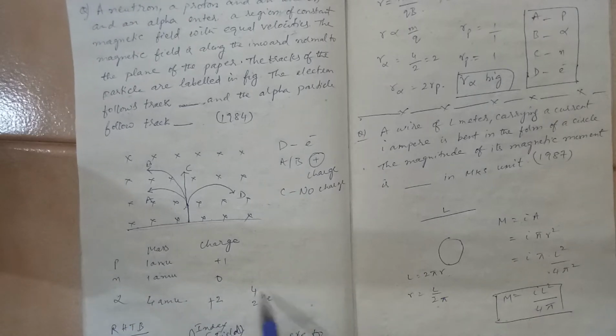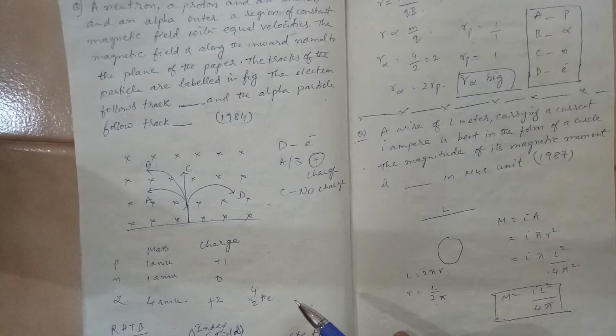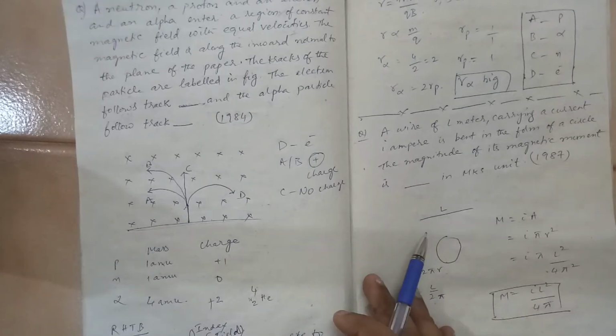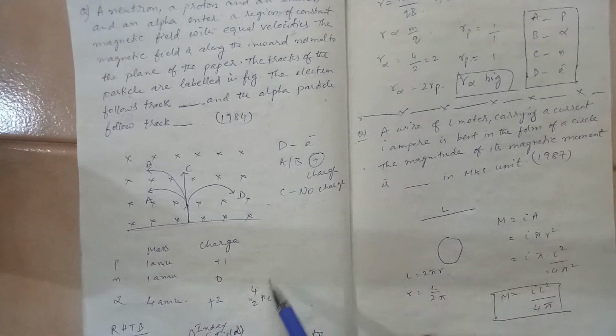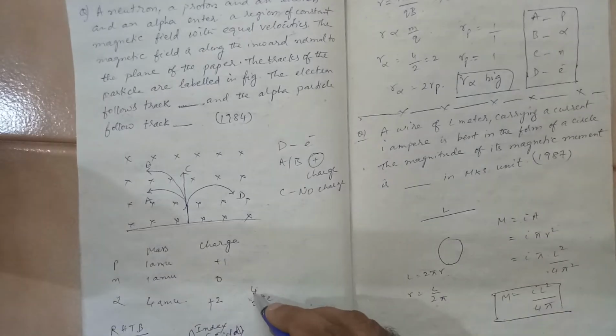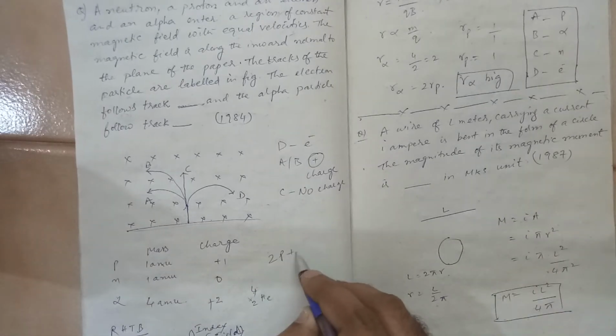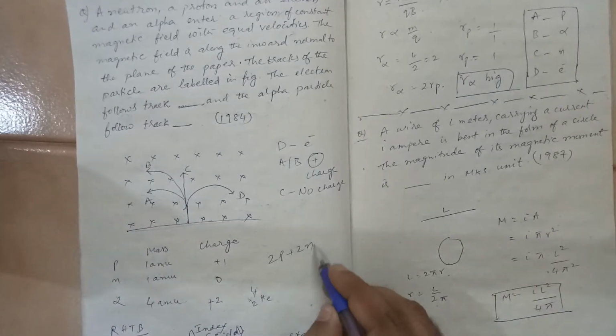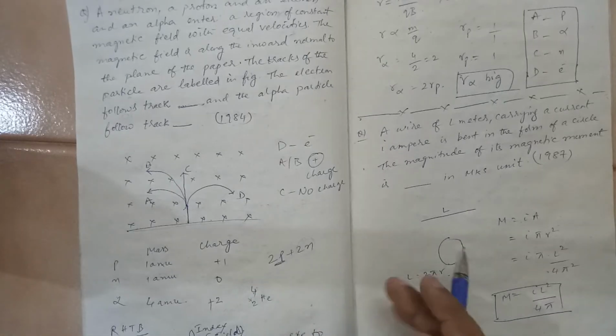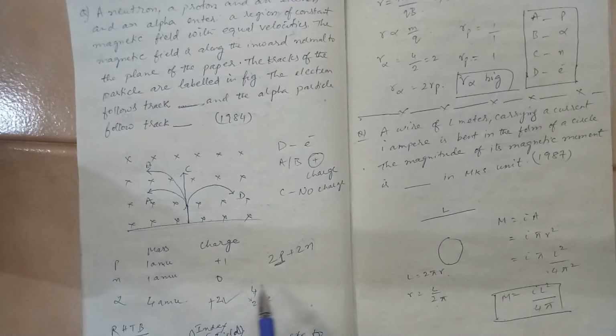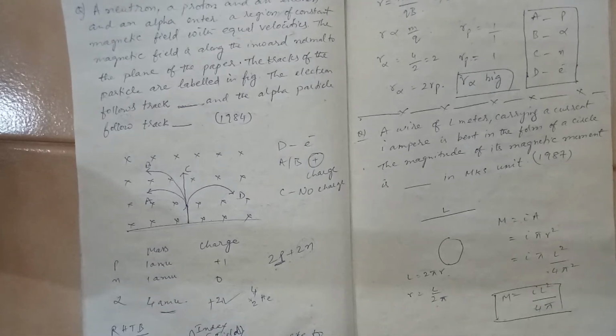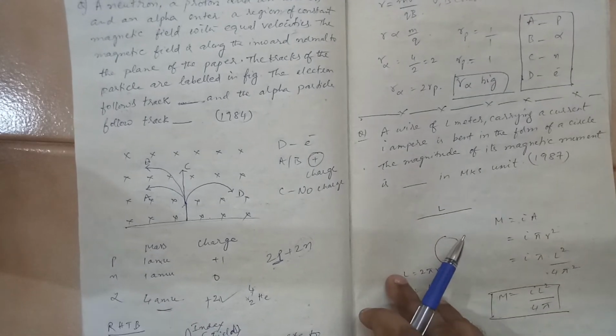Basically alpha means 2He4. Okay, it means 2 protons and 2 neutrons. So 2 protons plus 2 neutrons becomes 4, and because neutron has no charge, what is this 4? This is 2 protons plus 2 neutrons. The neutrons have got no charge, so it has a charge of +2 units, but mass 2 plus 2, 4. Okay, so this is the situation.